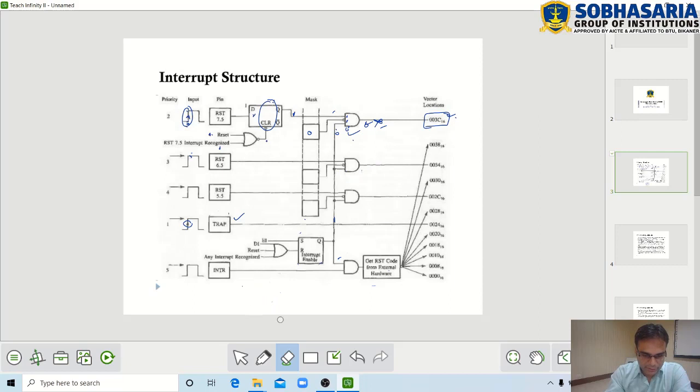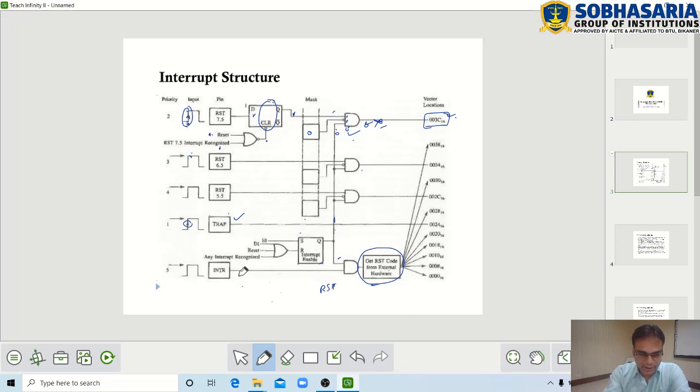Next thing is, in case of INTR interrupt, as we have seen, INTR is a non-vectored interrupt. So here you can see get RST code from external hardware. Remember that we have explained earlier that the INTR instruction requires an RST code.